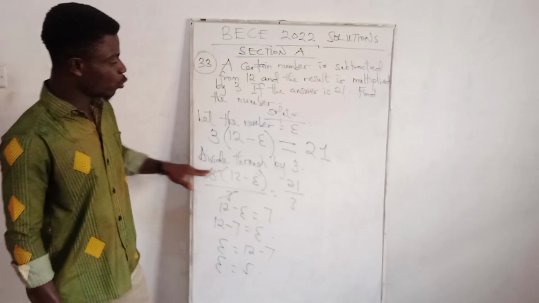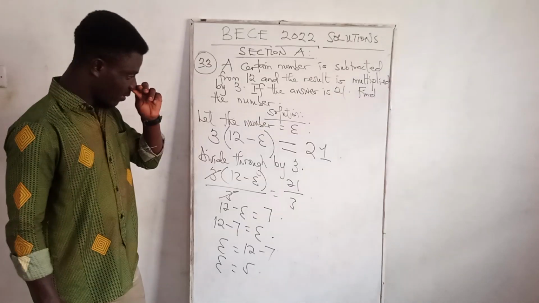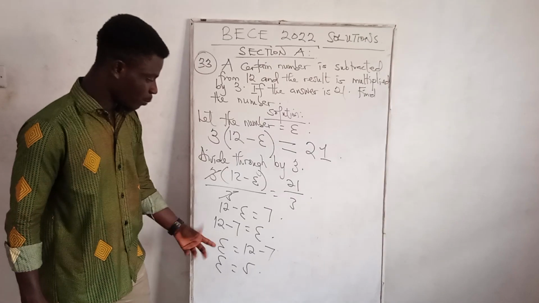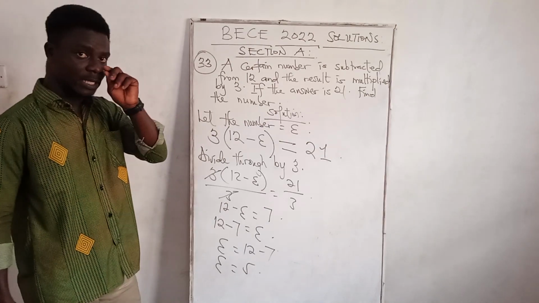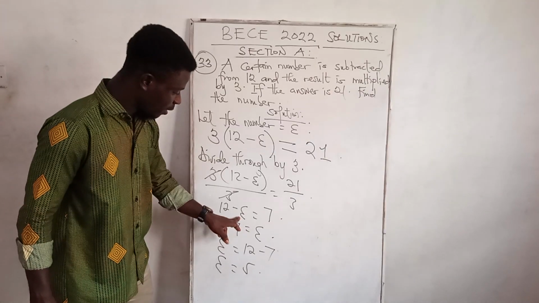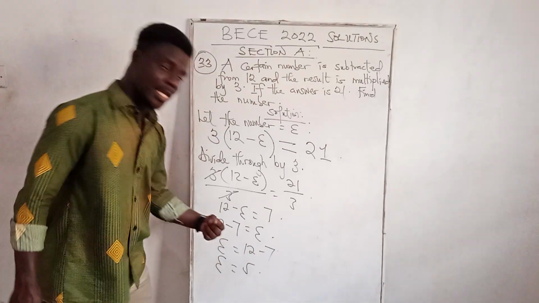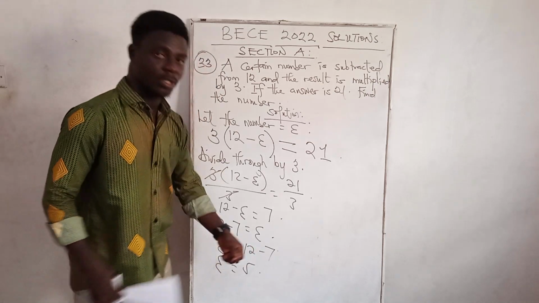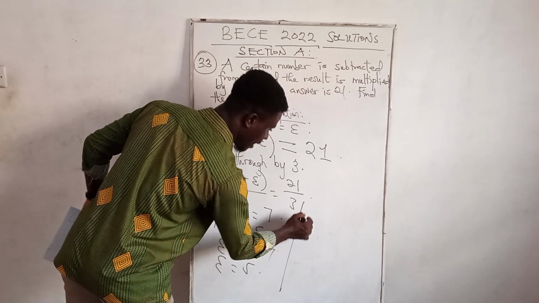So you divide both sides by 3. Now 3 goes into 21 7 times. You group your like terms or you transpose. This positive 7, when it crosses the equal sign, becomes negative. Epsilon, when it crosses, becomes positive epsilon. So I get epsilon equals 12 minus 7. So epsilon equals 5. They said find the number. So hence